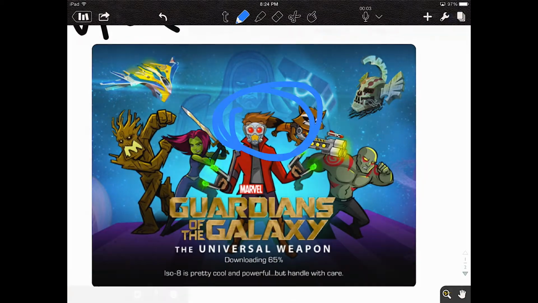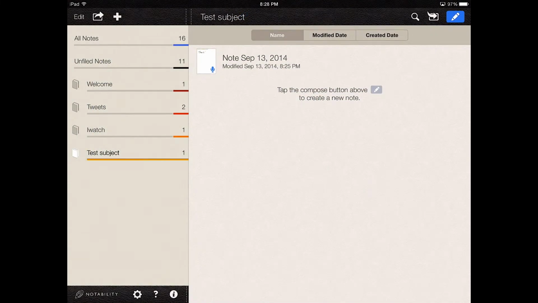Things like that, right? So I've created a note now, and you can see that it's back here in the notebook area. So I've got my notebook test subject. This is the note I did. And notice on this item here, it has a microphone on it, so it knows I recorded my voice. So I can do a new note just by hitting the pencil, and I'm back to another blank canvas where